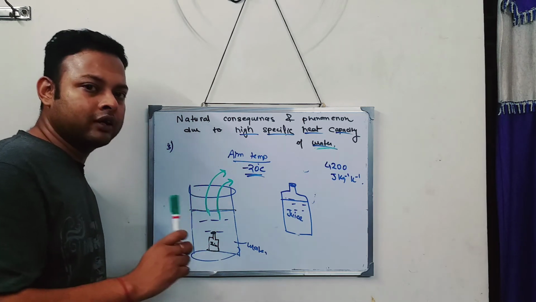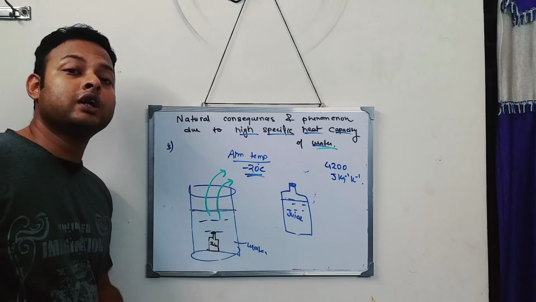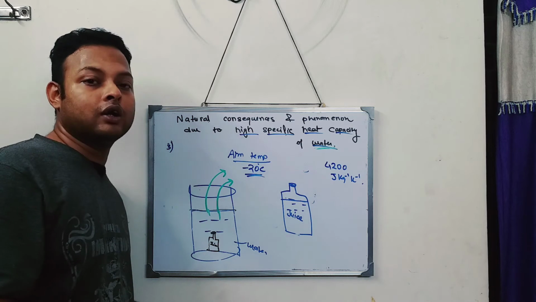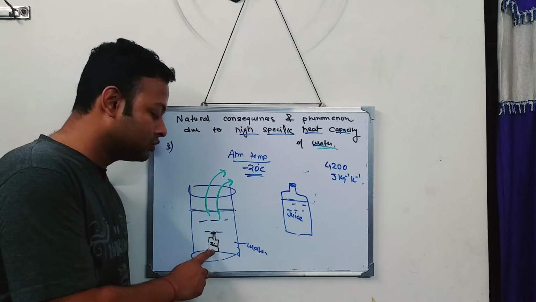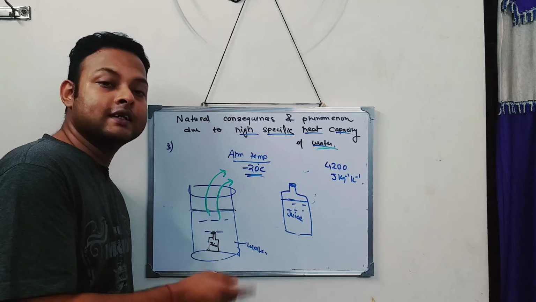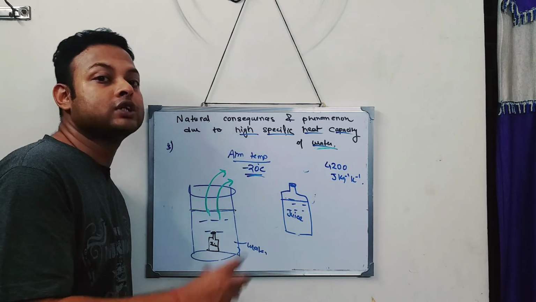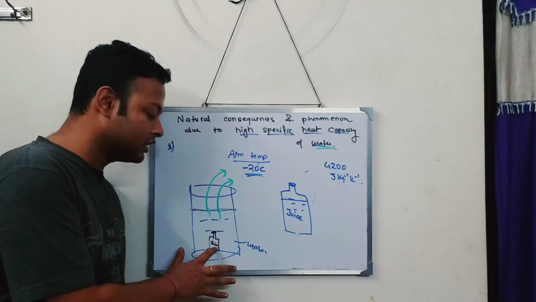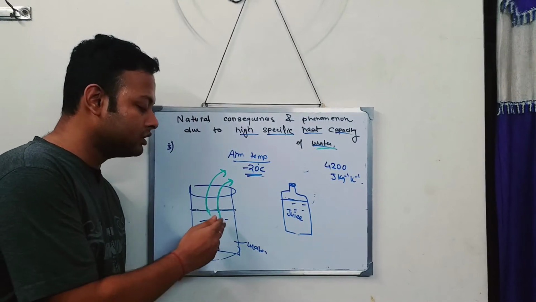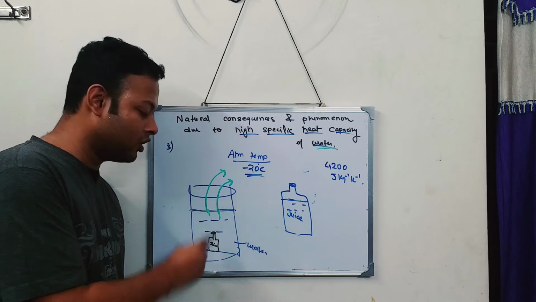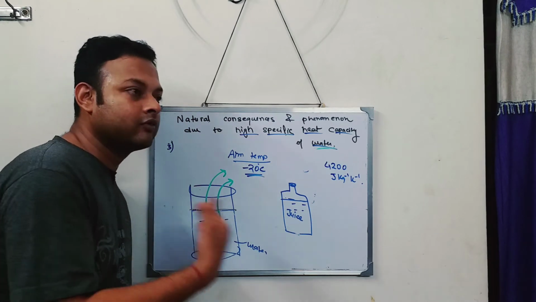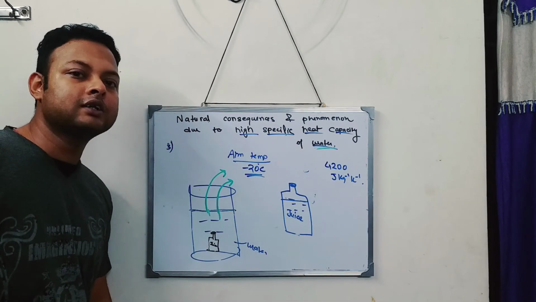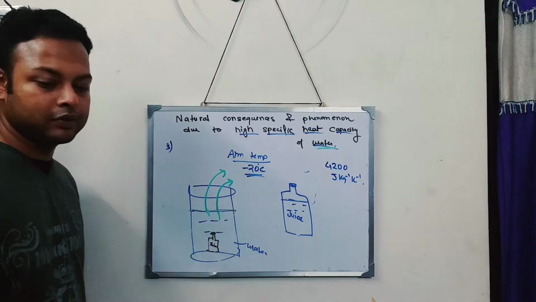So this is what is written in your book, that juice or drink bottles are kept inside the water. That will help save the juice bottle from getting frozen. So it will not be frozen, it will be in the liquid form, because the heat now goes from the water, not from the juice. And we know water can give a lot of heat, so it takes a lot of time. So by that time, the juice remains in the liquid state. So this is the explanation of that point.